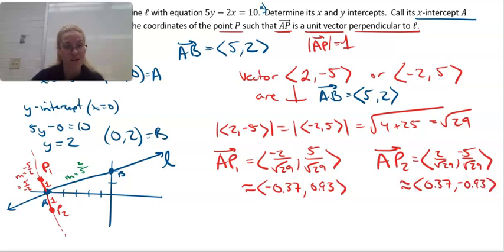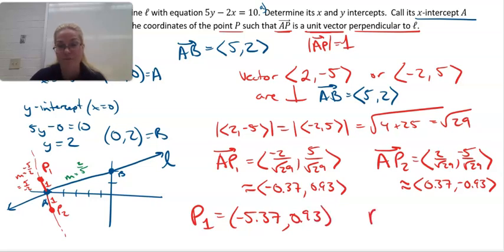So what is the coordinate of point P itself then? Point P1, instead of being over here at -5, it is now -5.37, and it's up 0.93. P2